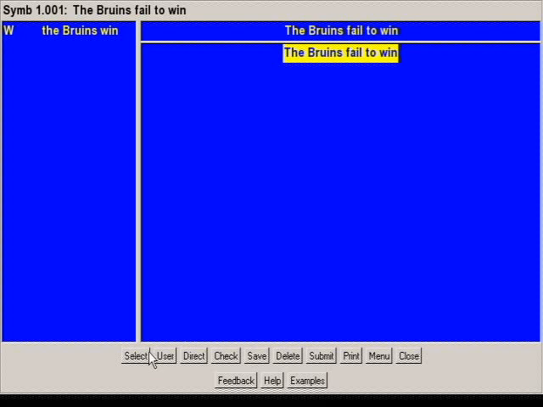Now here there are many buttons. Many of them are similar to the parsing window, but the ones that we'll be using most in this window are select, direct, check, and close when you're done. So select is the same as in the symbolization, which opens up the problem window where you can select the next problem you want to solve. The check button is very much like the parsing problem. It just checks your work. The direct button is the new one here, and we want to click that in order to enter the solution